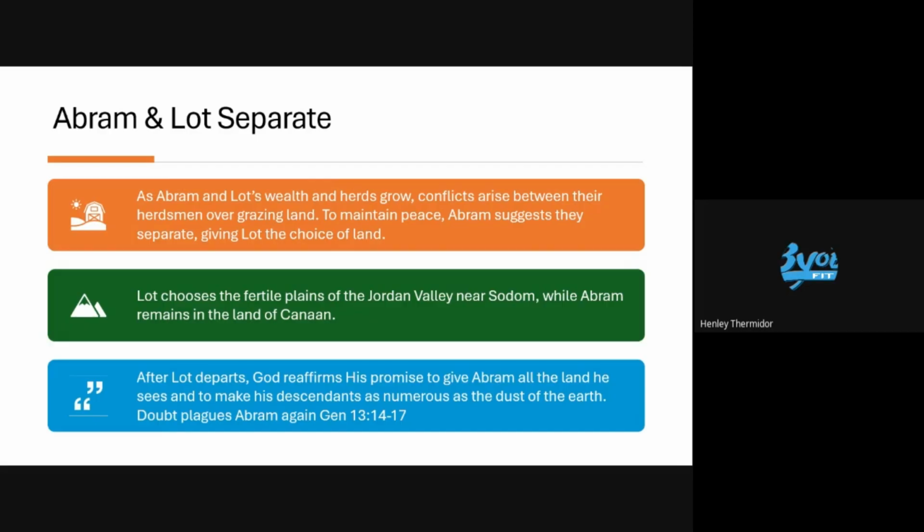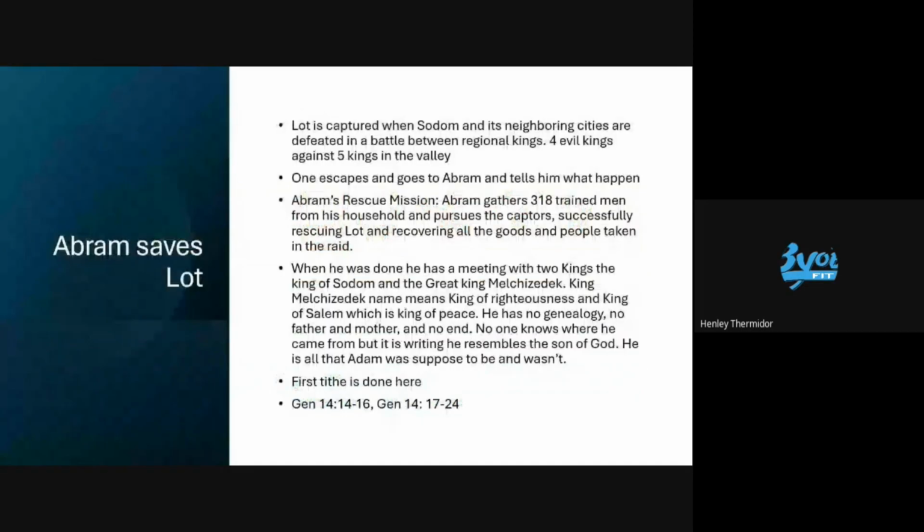So we move forward. He's still depressed, living his life. And then we get what we consider Genesis 14. This was the biggest war that happened in the ancient world. So we have the four local kings. They're called the four evil kings. And we have them going against the five kings in the valley. Okay.